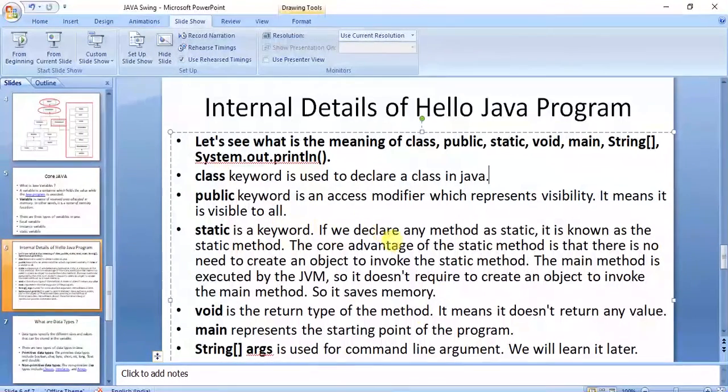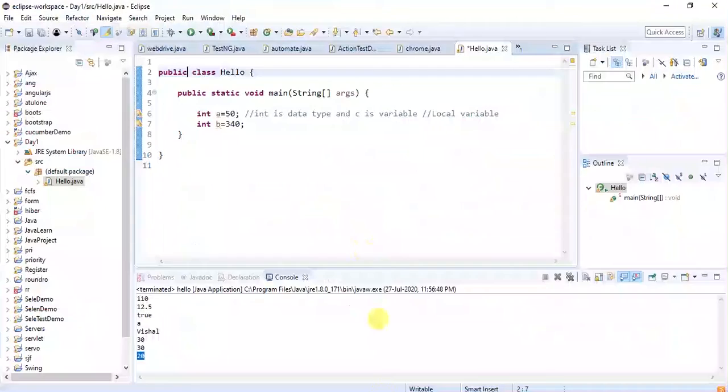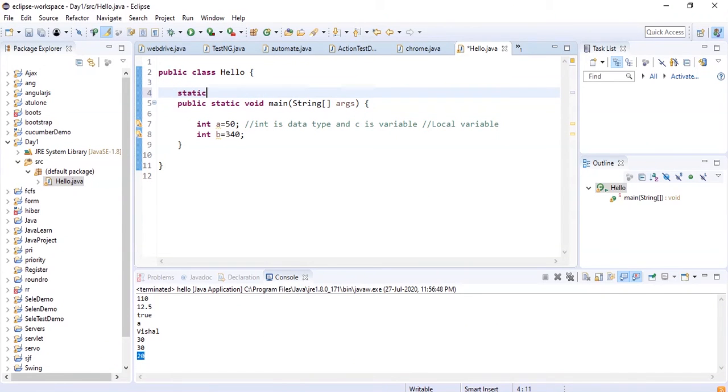Now static is again a keyword, so we are going to cover it now. Static is again a variable, and let's give its variable name as D and value as 40.